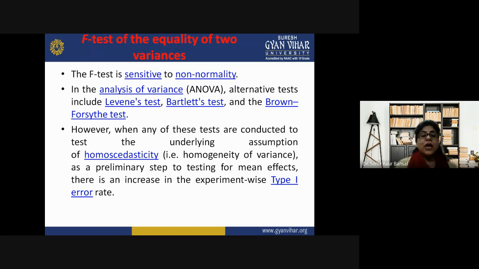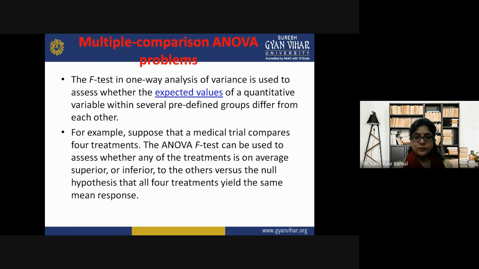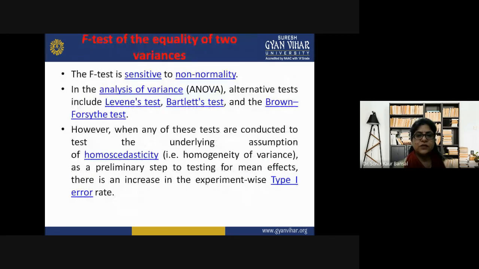Okay, in the analysis of variance, when we do ANOVA and check it, alternative tests include Levene's test, Bartlett's test, and the Brown-Forsythe test. So these are some other tests to check the ANOVA or the variances. However, students, when any of these tests are conducted to test the underlying assumption of homoscedasticity or homogeneity